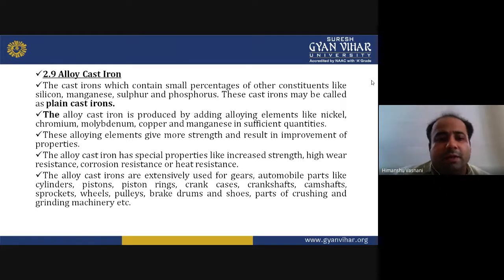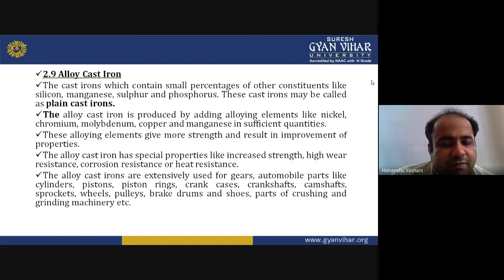Then alloy cast iron has special properties like increased strength, high wear resistance, corrosion resistance, or heat resistance. These are the improved properties that you desire in your workpiece, and the elements added in the cast iron are capable of giving you such properties. Alloy cast iron is extensively used for gears and automobile parts like cylinders, piston rings, crank cases,